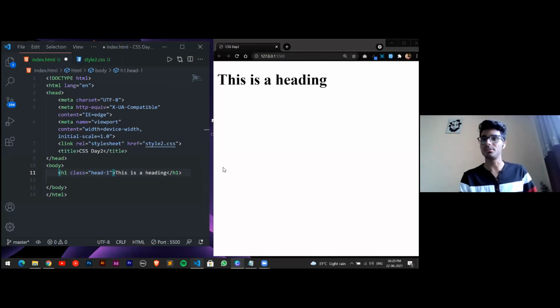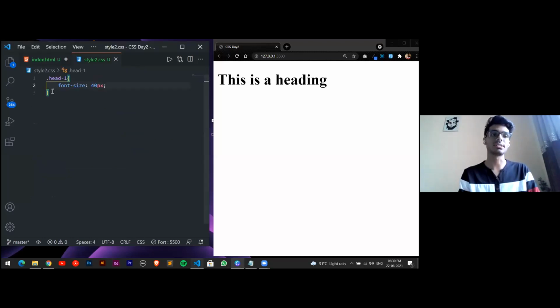The thing with classes is that we can use them each and every time however we want. We can name them anything we want and go with the functionality of that. And an ID is just a unique styling method, so that element will have a unique style. If we want that to happen, we will use an ID. But most of the time, classes are used. IDs are not preferred, so we'll go with classes. That's how we write a class selector.